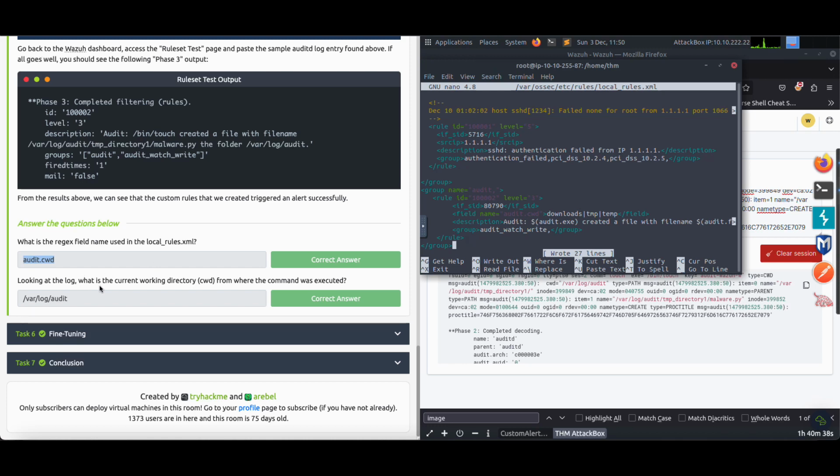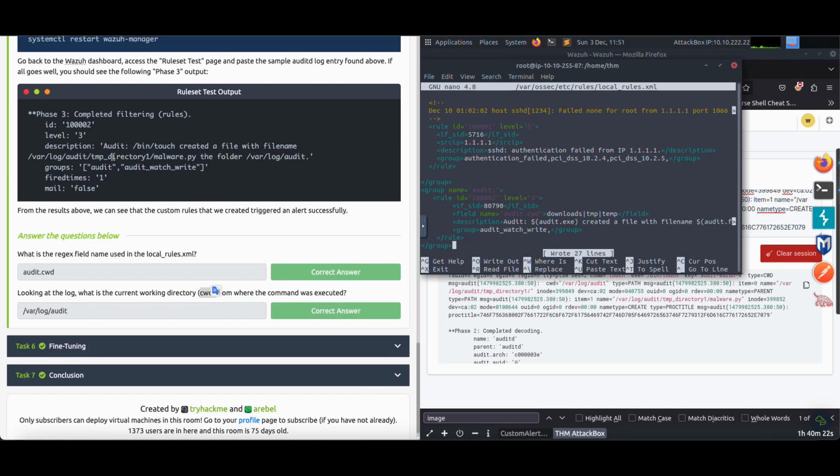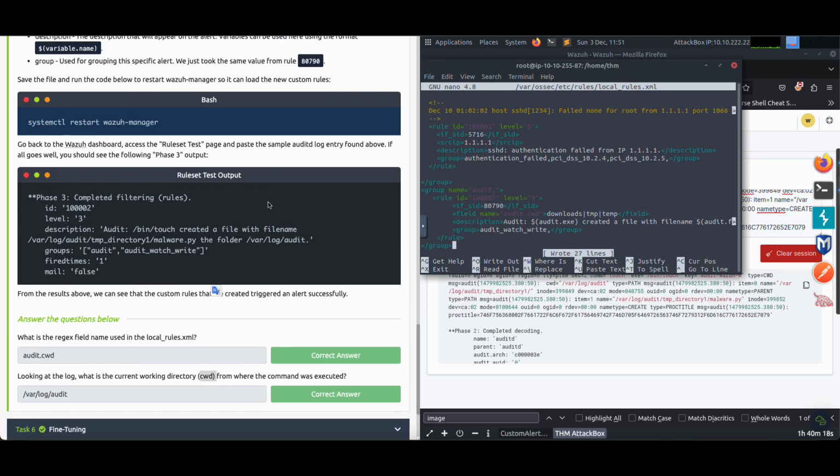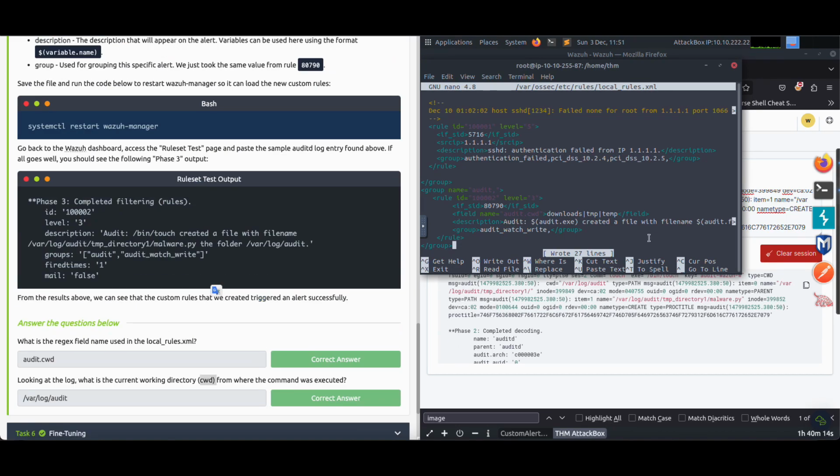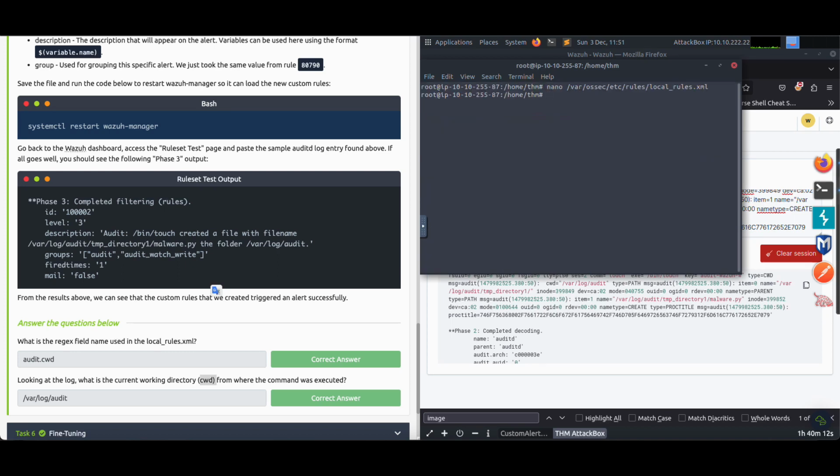Looking at the log, what is the current working directory? It means the current working directory from where the command was executed. And to solve this question, you can look at the output of this rule, but to do that, so it's not here, so okay, Ctrl X and restart